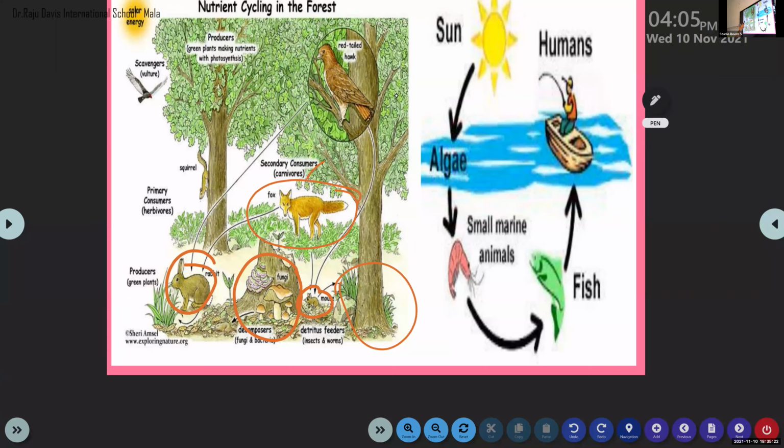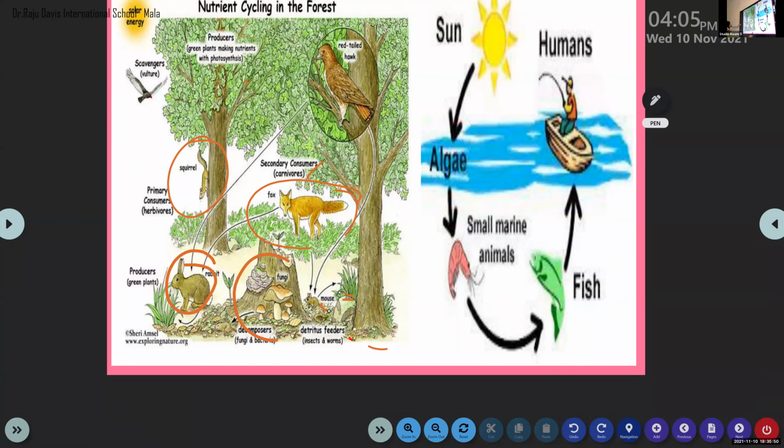Another thing, there's a plant and there's a squirrel over there, correct? So yes, these are going to make a food cycle. By looking at the arrows, you can see it. The mouse will eat the grass and carrot or whatever is present. And who will eat the mouse? The red-tailed hawk also, and the fox also.